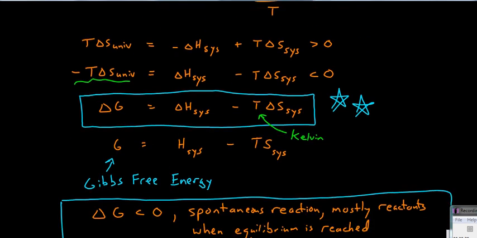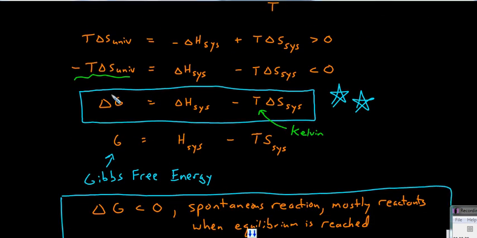This is really the important equation, and you don't have to be able to derive it, but the change in Gibbs free energy tells us about the spontaneity of a process. Delta G is equal to delta H of the system minus temperature in Kelvin times the entropy change of the system, so of the particles reacting. Now, this is just saying that the spontaneity of the process depends upon how much heat is released or absorbed by it, the temperature, and the change in entropy of your particles themselves. And so G is that Gibbs free energy.